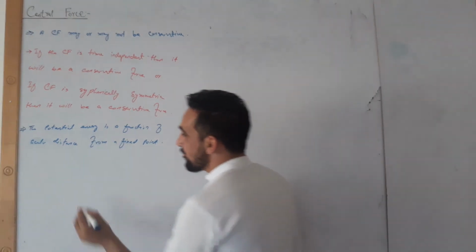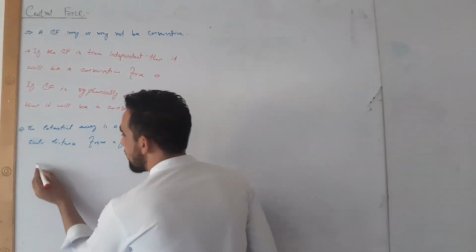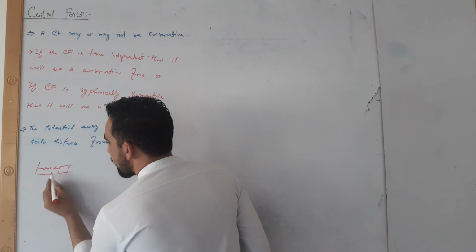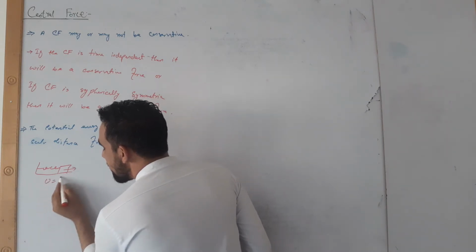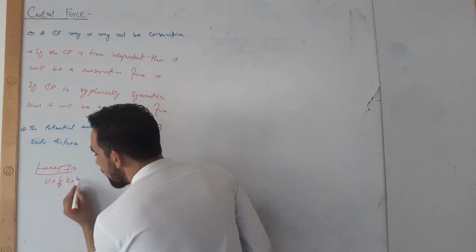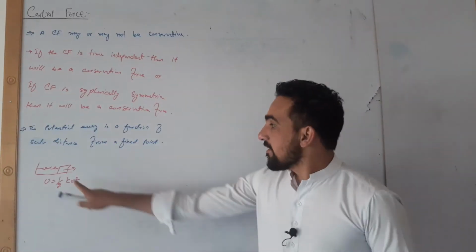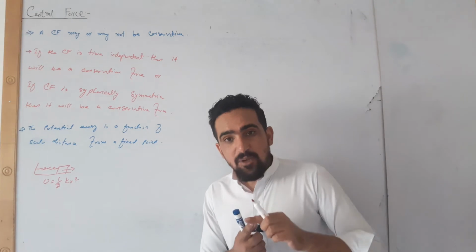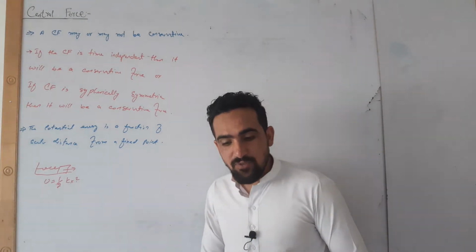You can see in both the examples that I have given you a few minutes back that potential energy depends on x, that is its position from the mean position, and the mean position is always the source of force,